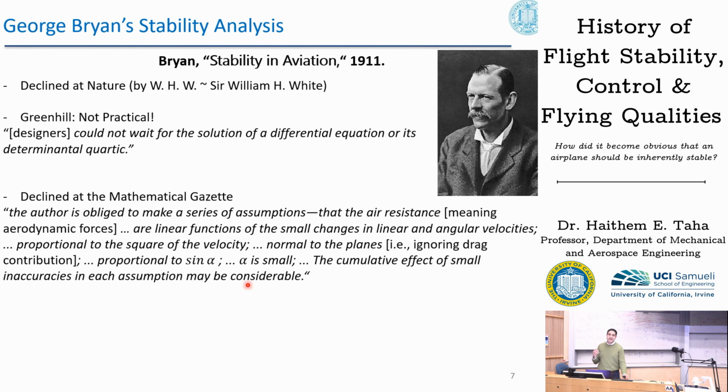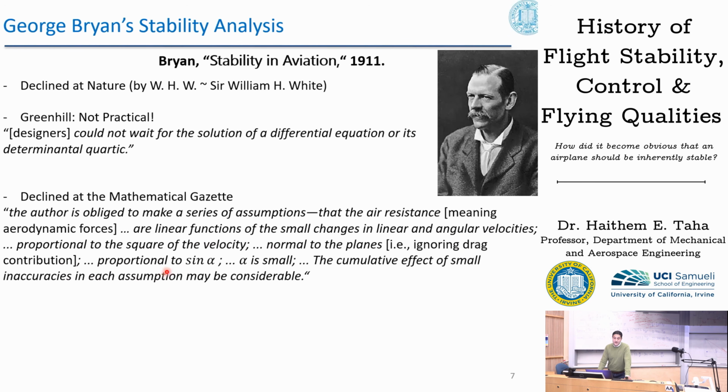And in fact, the main strength of an academician is to identify the smart assumptions that are both reasonably accurate, so you don't lose much by adopting them, and at the same time enabling, they allow you to do analysis that you could not do otherwise. And if you look here at these assumptions, and you're someone who's taken this class, these are the exact same assumptions that we're making: linear aerodynamic changes, the aerodynamic loads are linear functions of the angular velocities, P, Q, R. They are proportional to the square of the velocity, v squared. All the aerodynamic loads are proportional to v squared. Ignoring drag contribution, focusing on lift contribution because of the very large lift to drag ratio.